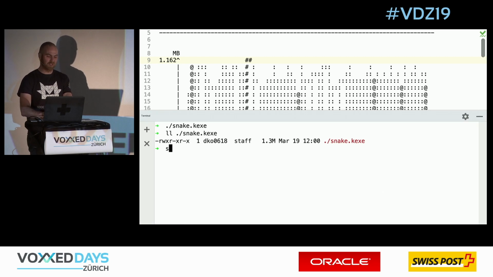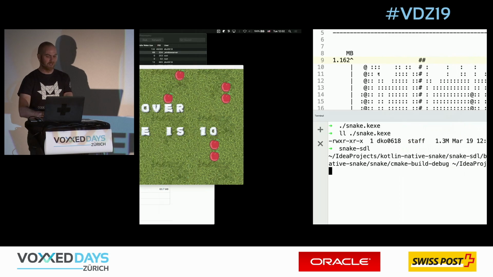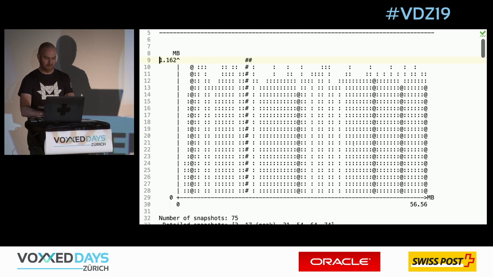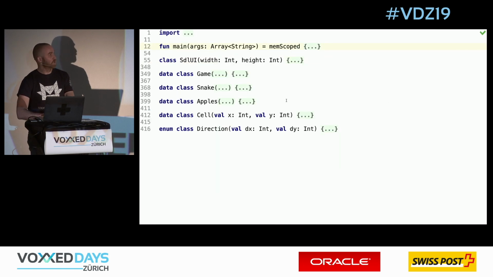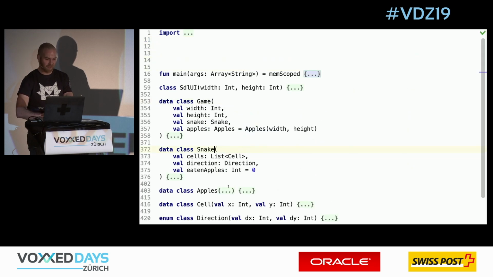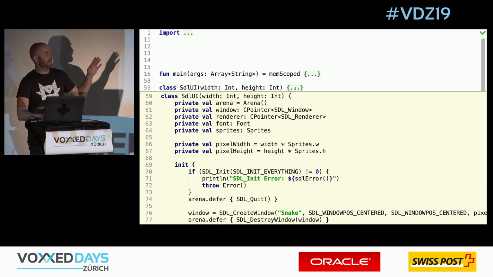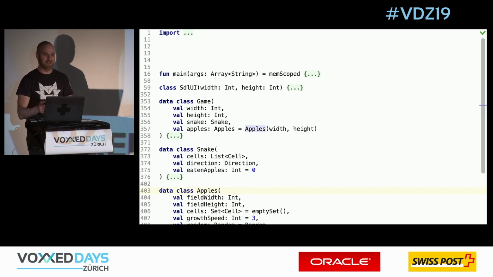And what I showed looks a bit silly, but this is the same program with a slightly better UI, using the SDL graphics library. And this whole thing, if I open the source code, is pretty much what we've seen. We've seen the game, snake and apples, they are the same classes. So what I showed maybe looks a bit like a toy example, but in reality you can write something better. Obviously the UI here is more complicated than what I showed,